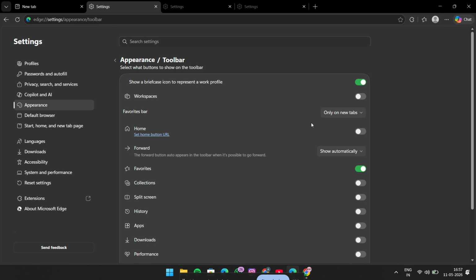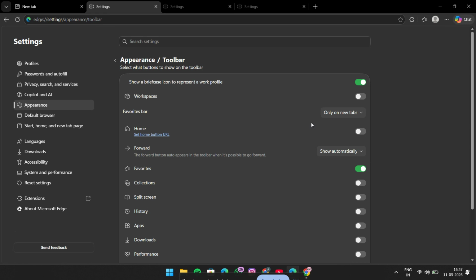If you picked Always, the Favorites bar should now stay visible whenever you open a page. If you selected Only on new tabs, it will appear when you open a new tab and stay hidden on regular websites. This is a great option if you want a cleaner browser while still keeping quick access to your favorite links. If you don't see your bookmarks immediately, give the page a second to refresh or open a new tab to confirm the change. You can also pin frequently used websites to the Favorites bar later for even faster access. Just remember, this feature is all about making your browsing easier and more organized, especially if you use the same